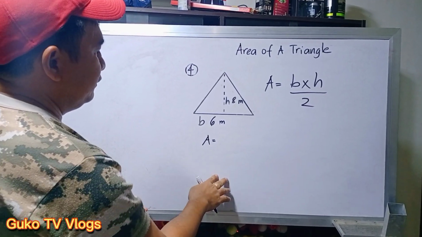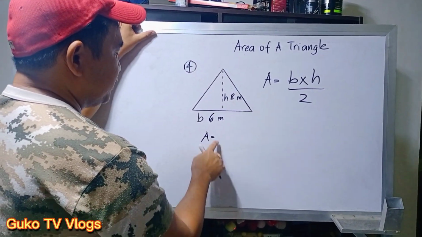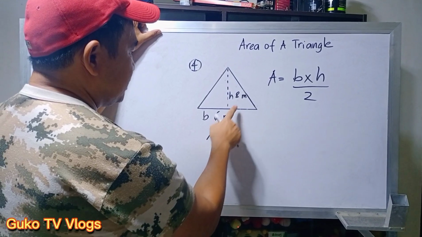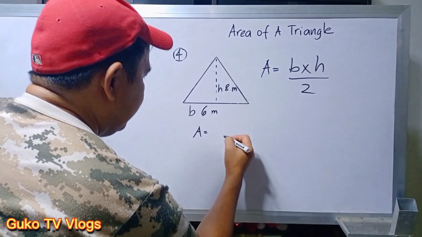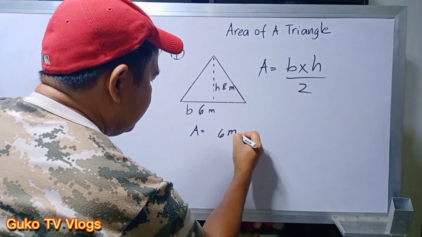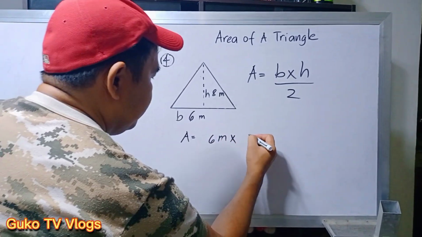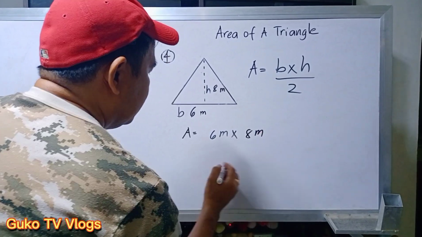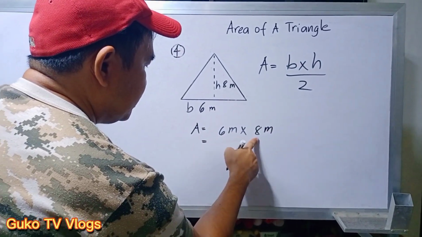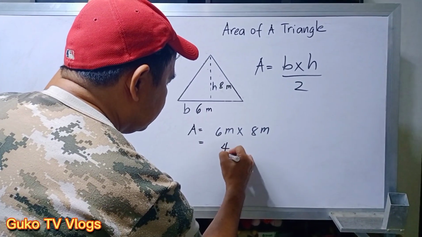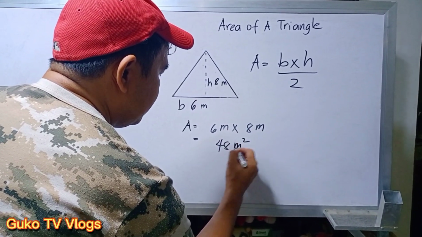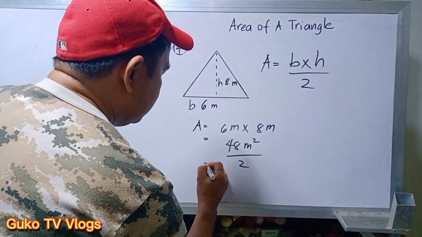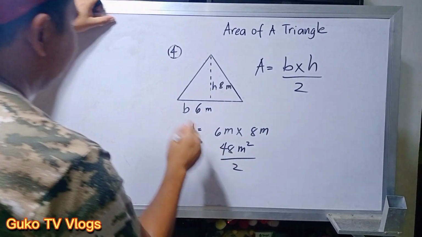Okay, example number 4. The base of this triangle is 6 meters and its height is 8 meters. Okay, base times height, so 6 meters multiplied by 8 meters. 6 times 8 is 48. Then meters times meters is meters squared. Then divided by 2. So let's try to compute this one. 48